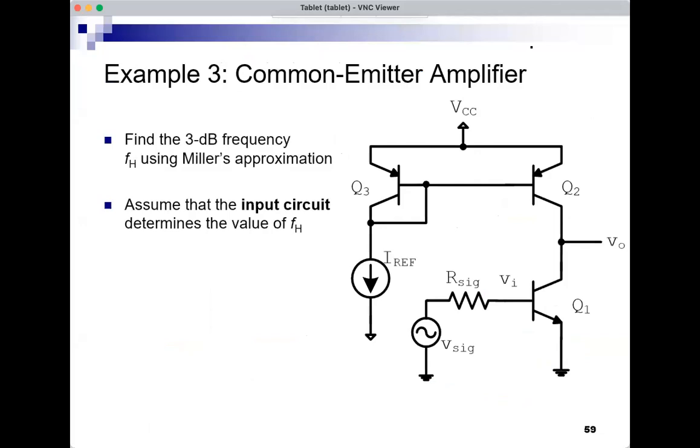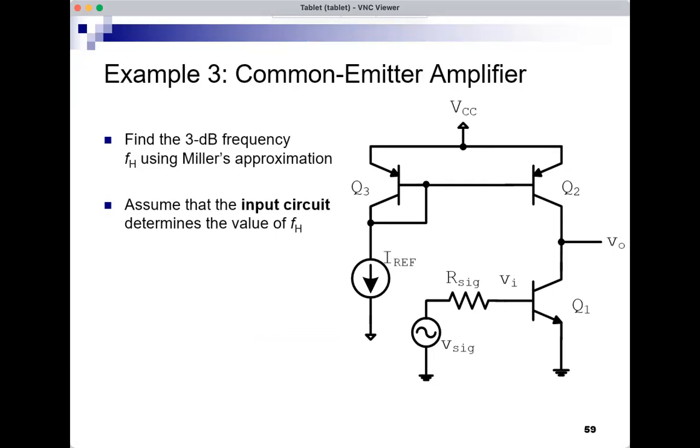Okay, let's do another exercise with the BJT. This is a typical exercise we see. Given an amplifier circuit, find the 3 dB frequency FH using Miller's approximation, and we were asked to assume that the input circuit only determines the value of FH. Okay. And this circuit